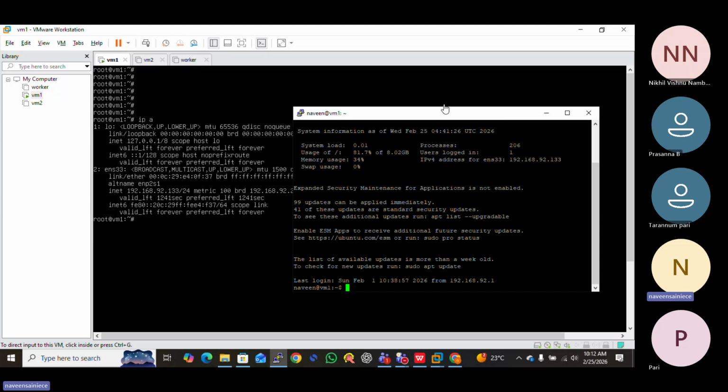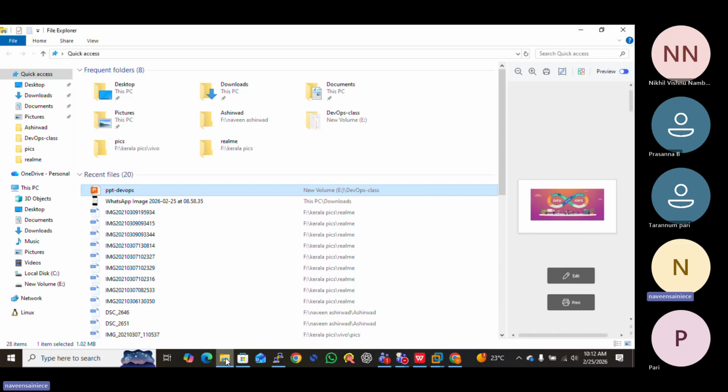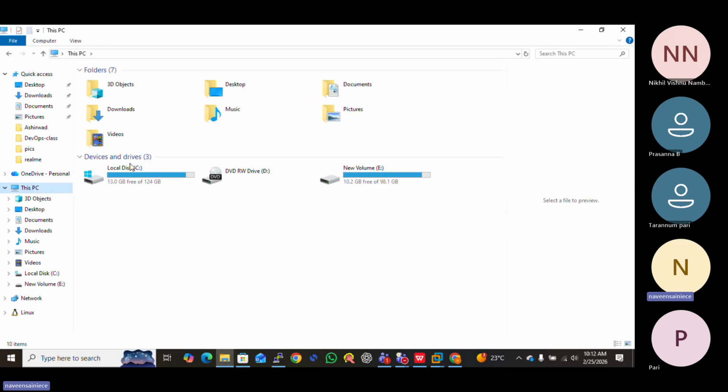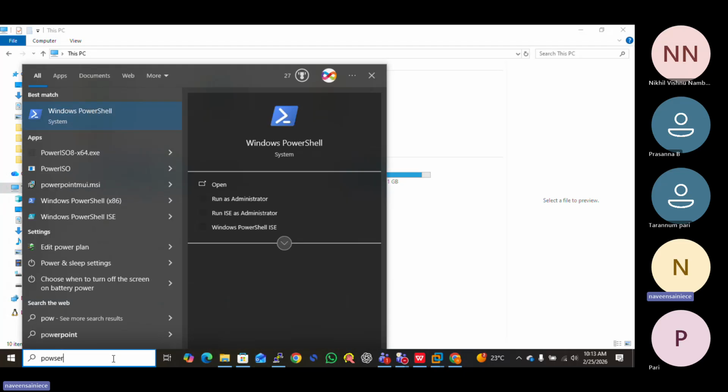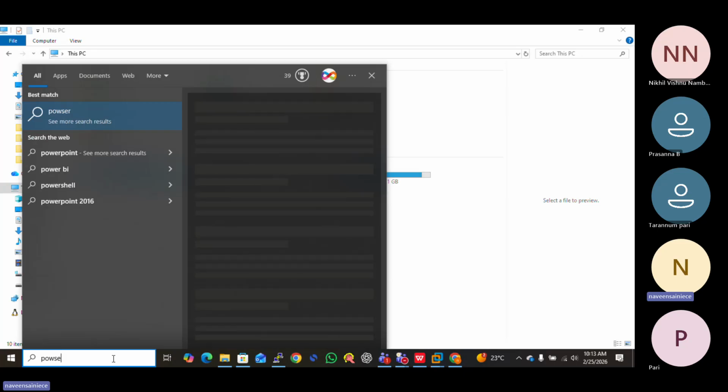So if you want to create any folder, it is simple like that. But if you want to give a task to the operating system, you can give it with the command line also. So here Windows PowerShell is there. Yes or no? PowerShell.